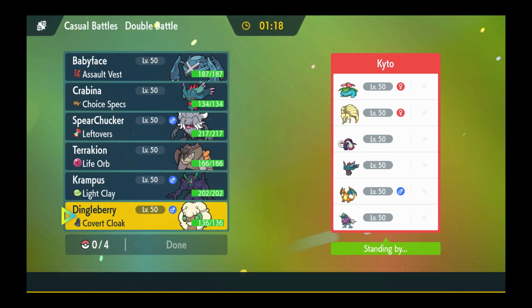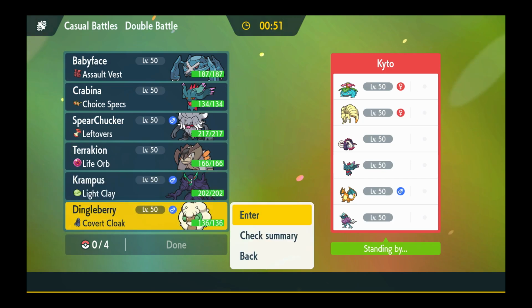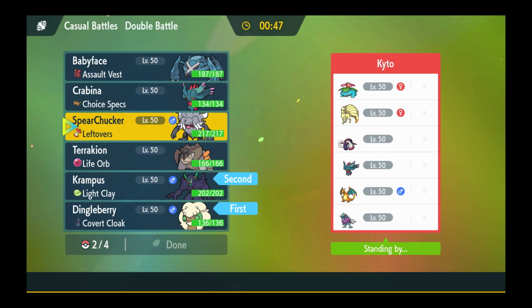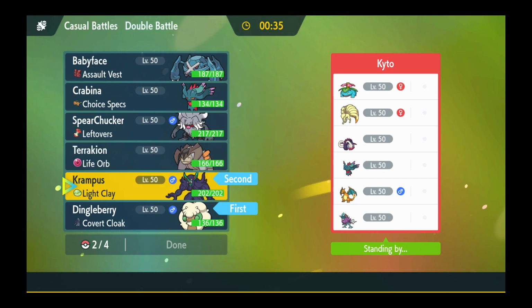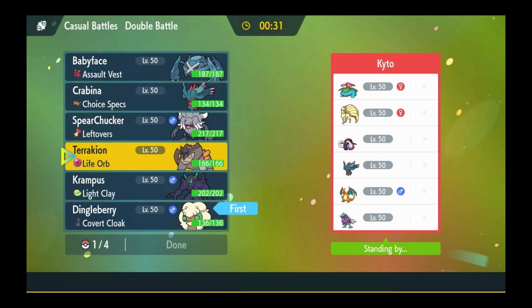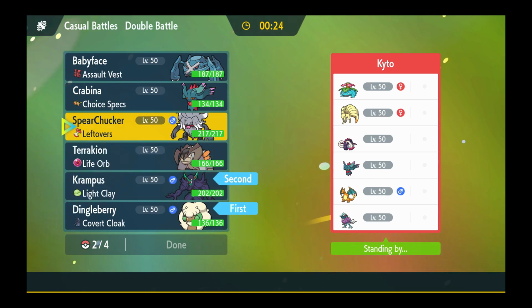So right off the bat, I know that we are going to be moving slower than Venusaur. And then also the... Honestly, looking at this specifically, I think what we want to do is lead off with Dingleberry and also Krampus and bring in the back Terrakion can hit. You know what? Maybe we will just... He might save Charizard. So yeah, we're going to bring Dingleberry and Krampus, and we will bring...